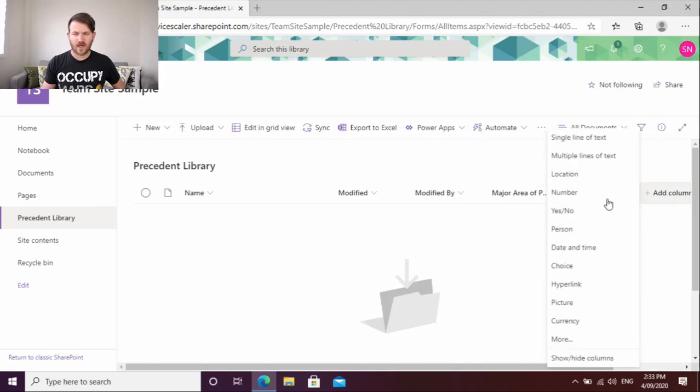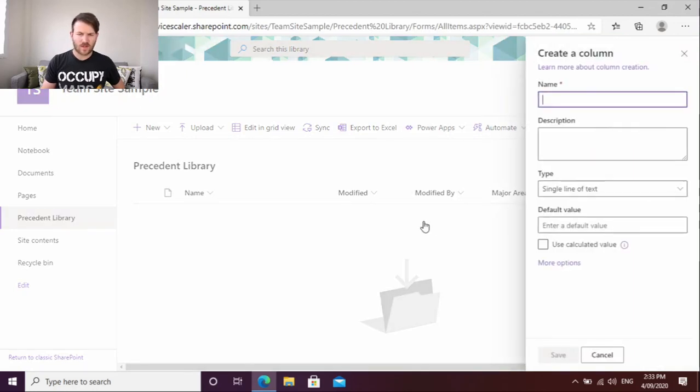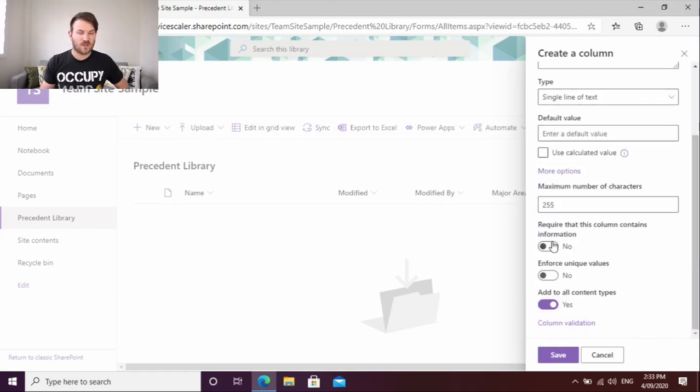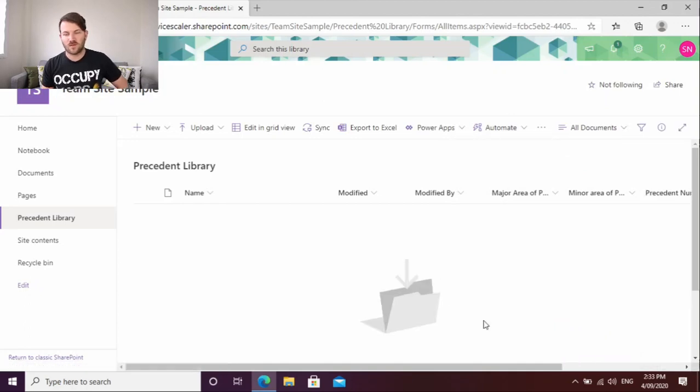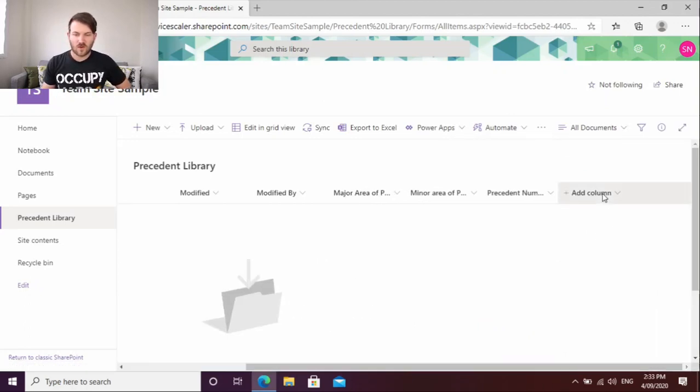So next one I want to add in is precedent number. So add that in as single line of text, because not all precedent numbers are just numbers, so you'd have to add it in so that it can accept characters and things like that. Require that it contains information, and if you want, you can make it enforce unique values so that no one else can add a precedent in with a name that already exists or a number that already exists. So I'm going to go ahead and tick that, hit save,